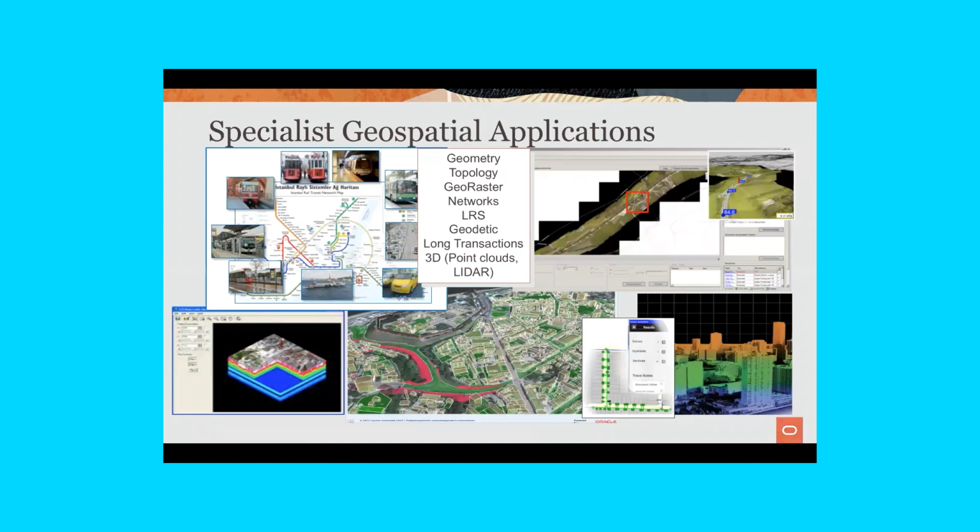So originally, when we started building spatial technology on top of the database, it was geared mainly for GIS applications, so geospatial information system type of applications. That means if you're a land management application, then you can do land planning type of things using the core technology that we provide in the database. If you're building 3D city models, then you can do those type of things on top of the technology that we provide. Or if you're a transportation management company and you manage transportation networks like bus networks, trains, and things like that, they can also build spatial applications on top of the technology that we provide.